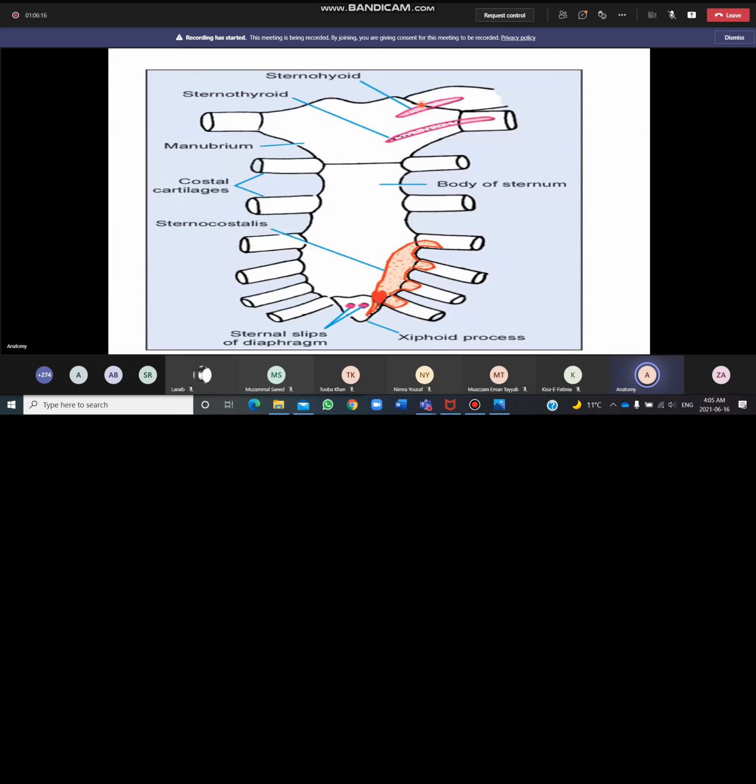Now on the posterior surface, you can see these two slits. These are also for muscles of the head and neck region. The upper one is the sternohyoid. How to remember its name? Sterno and hyoid. So it is attached between the sternum and the hyoid. And the other one is the sternothyroid, which is attached on the inferior part, and some part extends into the clavicle, which you have already studied in the upper limb, and to the first costal cartilage. So these are the sternohyoid and the sternothyroid on the posterior surface of the manubrium.